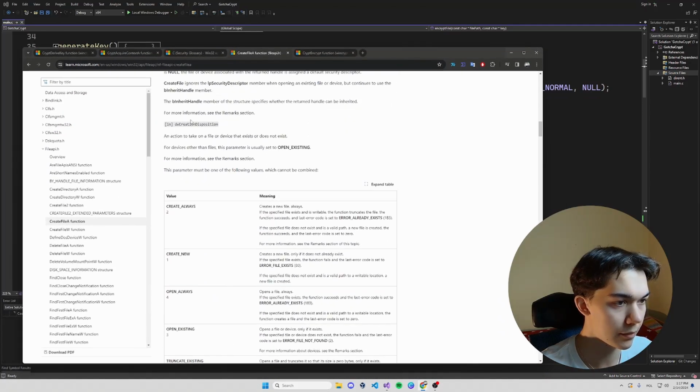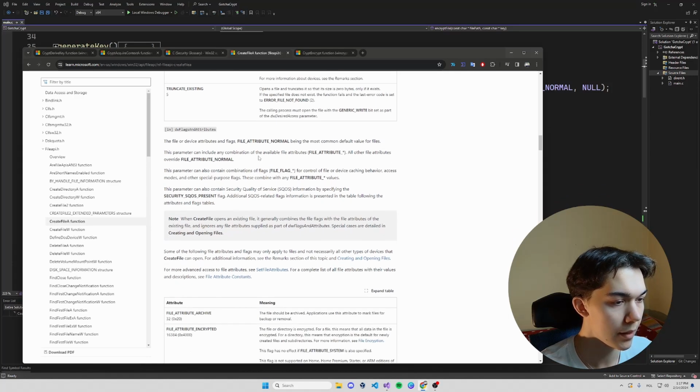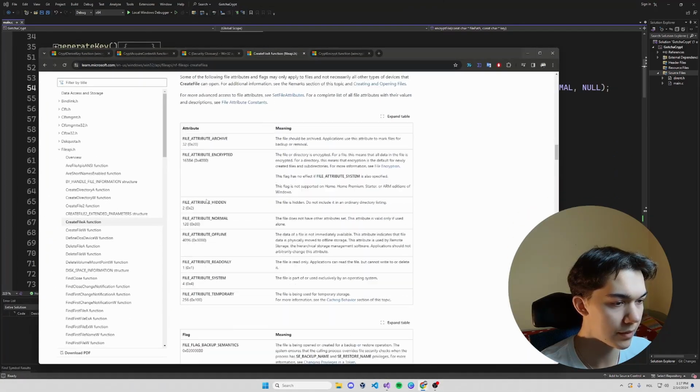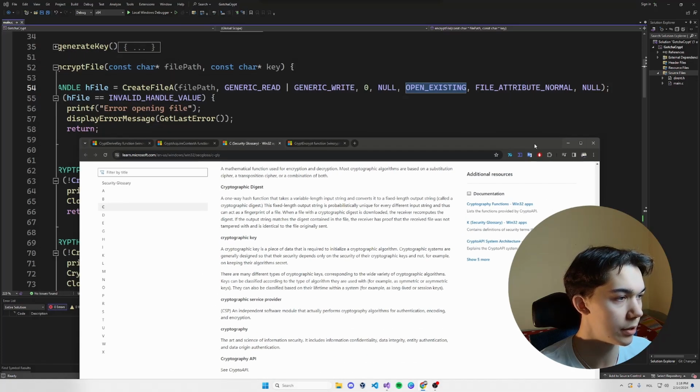Next we have, let me stick to the documentation, dwFlagsAndAttributes. The file or device attributes and flags, FILE_ATTRIBUTE_NORMAL being the most common default value, so we can leave it at default. So you just pass this file attribute normal, and the last parameter is about templates, because apparently you can work with some templates. I'm not familiar with it, I've never done that. But if you don't need this, just pass null here. Okay, so once we have a handle to a file and we can actually do something with it,